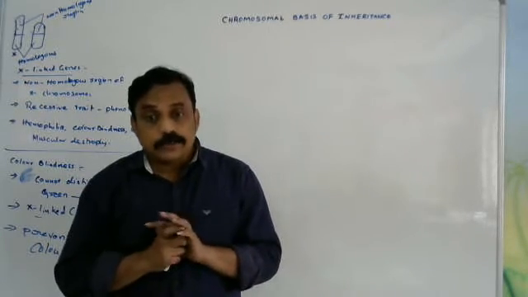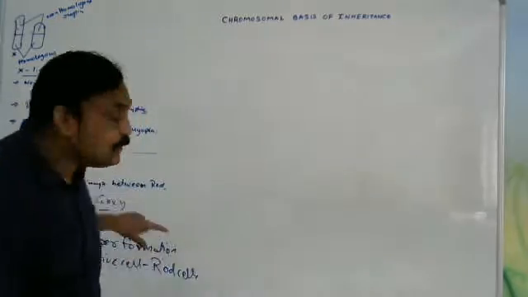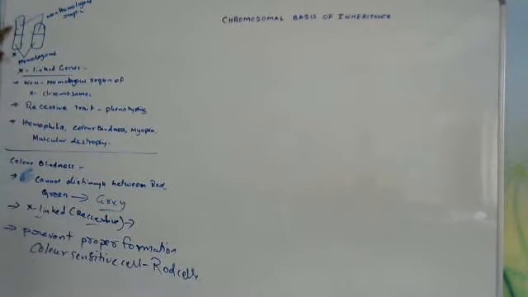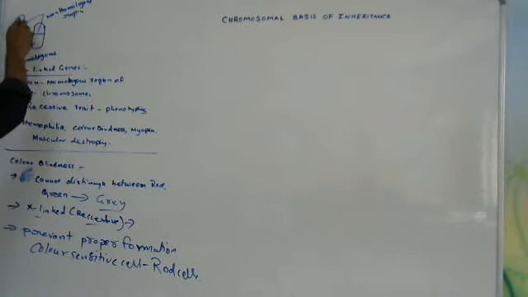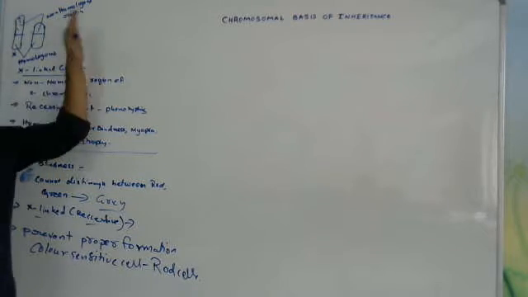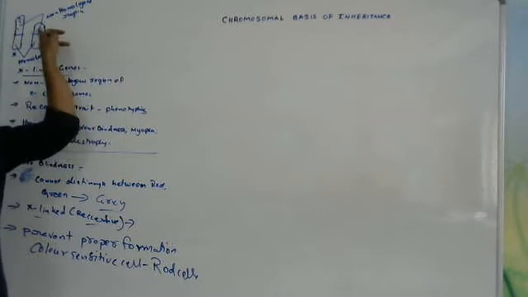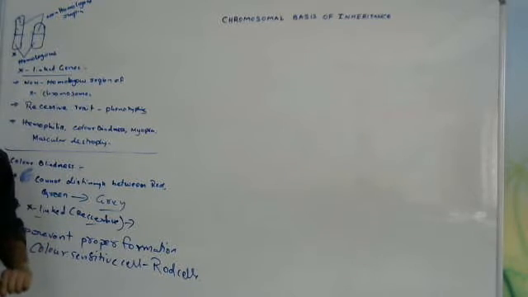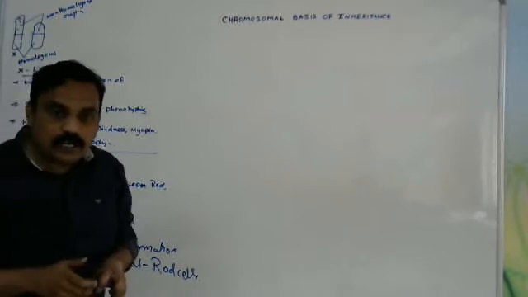So, X-linked genes. What is the meaning of X-linked gene? Genes located in the non-homologous region of the X chromosome. In the non-homologous region of the X chromosome, the genes are closely arranged. They are inherited together only. They do not cross over with the Y chromosome, so no variations are possible.